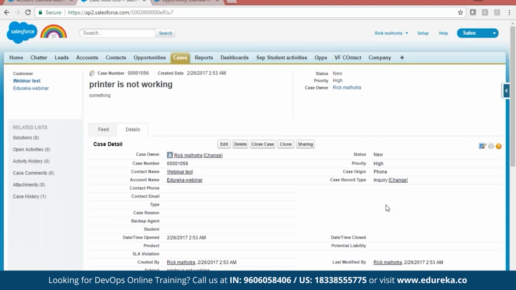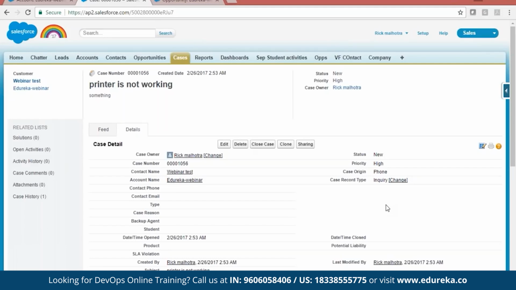They can open that printer website and do it. They will not call you again and again. So it's better to create documentation and solutions so that our colleagues, our employees, our company will be more independent as compared to being dependent.